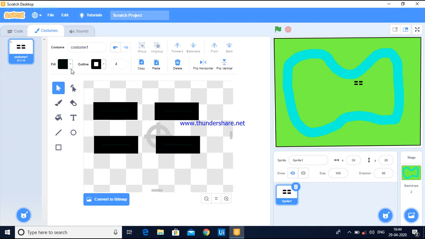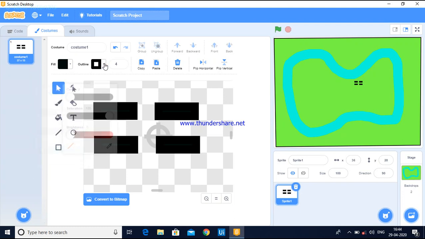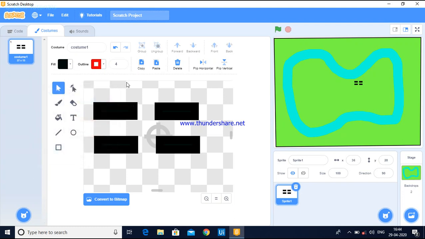Okay, after that I'm going to change the outline color to red. After selecting this I am going to select the rectangle once again. And again I am going to select and copy this.